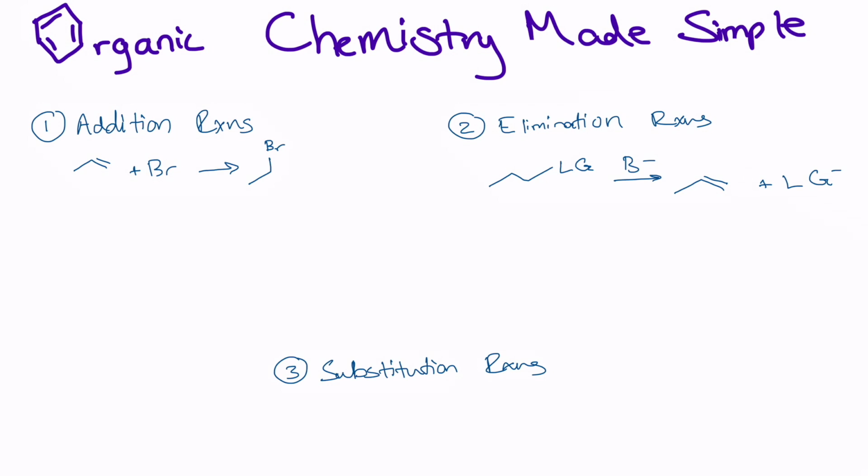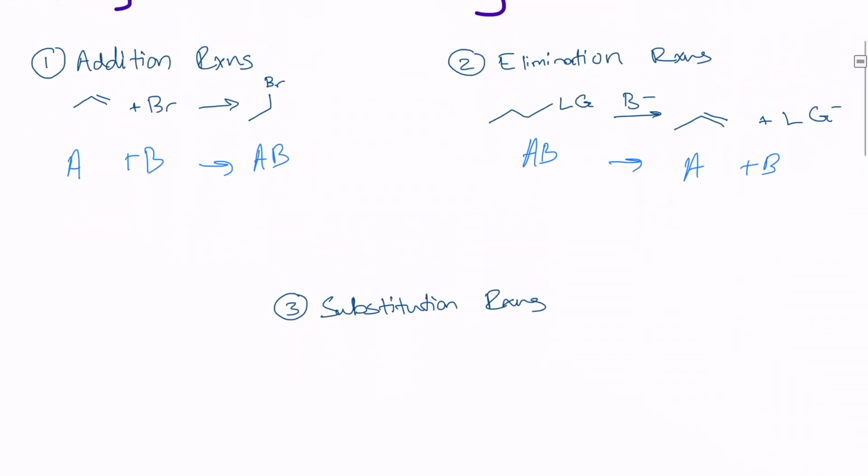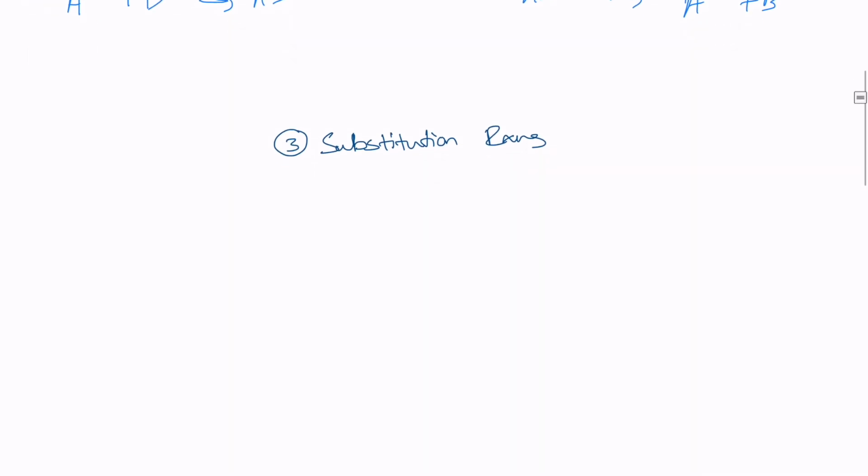With addition reactions, overall you have A plus B to give you AB. So that's what addition reactions are: two different compounds combining to give you one compound. Elimination reactions, you have AB, and that's going to usually react with a base of some sort to give you two separate products, so A plus B. Again, addition reactions you should have covered in your previous classes. Elimination reactions I will cover at a later time, but the focus of today's video is